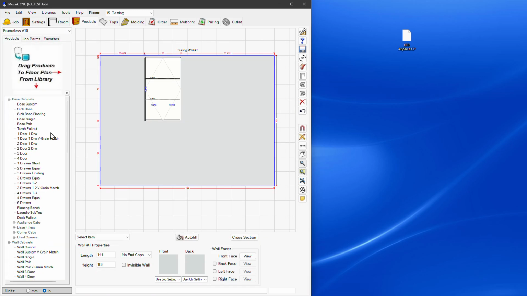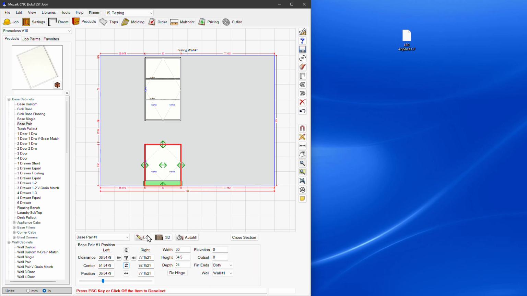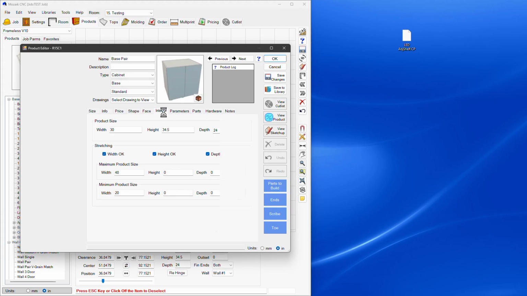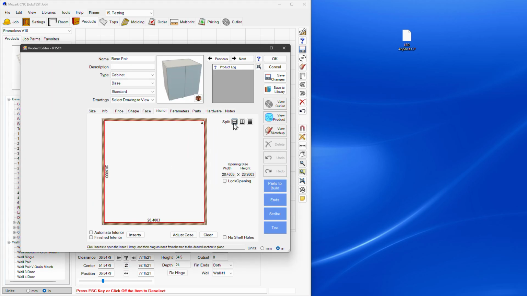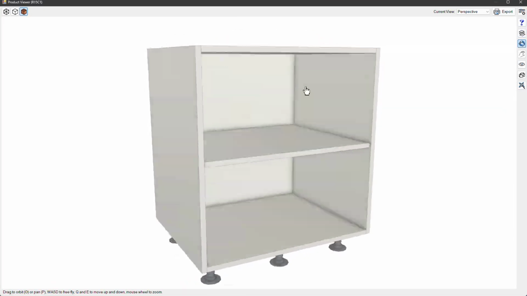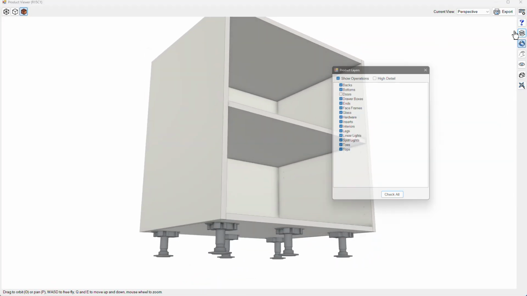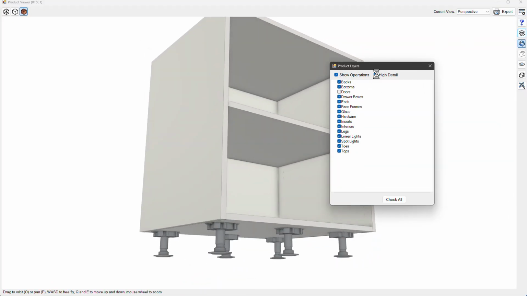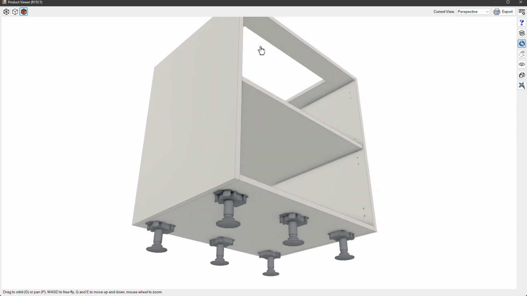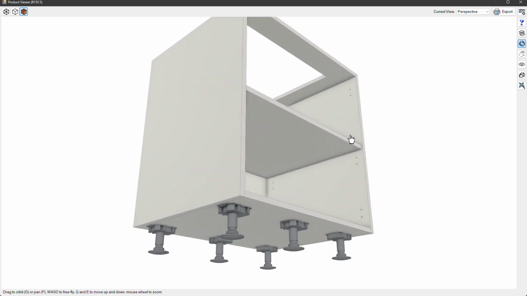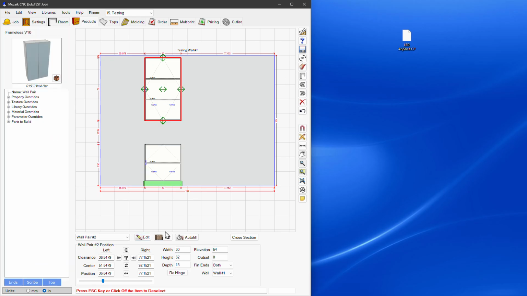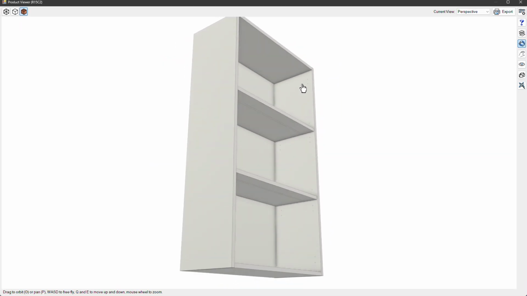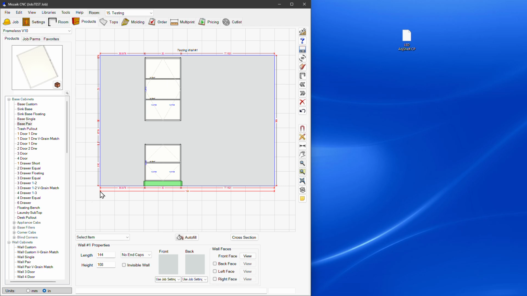So now if I was to pull in another cabinet, let's just say I got a base pair here. Let's just say I have a cabinet with an interior with a shelf. Shelf now will not have a light on it. That's pretty cool, but see, there's no LED light here, but this one has it. So that's the difference. If you override it per cabinet and turn that on and off,